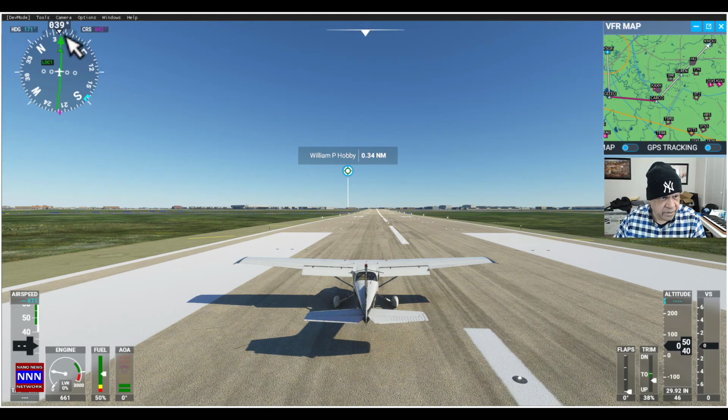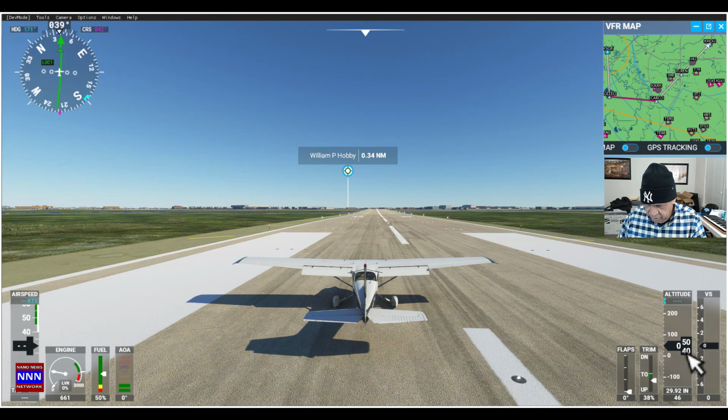As you can see, it landed at 39 degrees, and the angle is actually 42 degrees. So between 40 and 44 degrees, I don't think it makes a big difference. As far as the plane is concerned, our flaps were all the way down. The height is 50